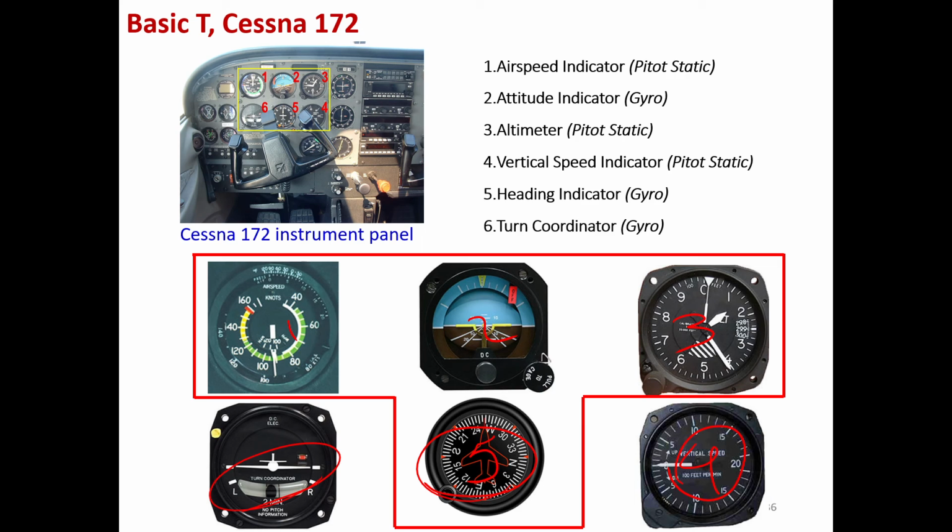turn indicator, number 6, which is also an important gauge, but it's not part of the basic T. That tells you about the turn, whether your aircraft is straight or is turning or rolling, essentially. You have to keep in mind that there are other very important gauges in the modern aircraft, but these 4